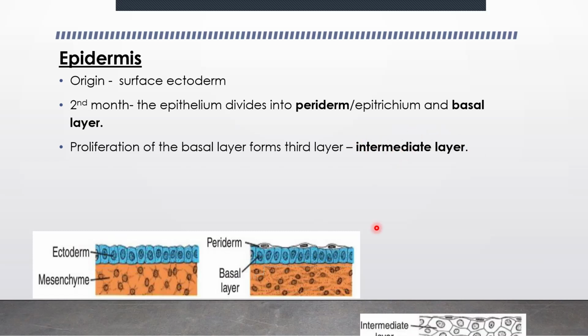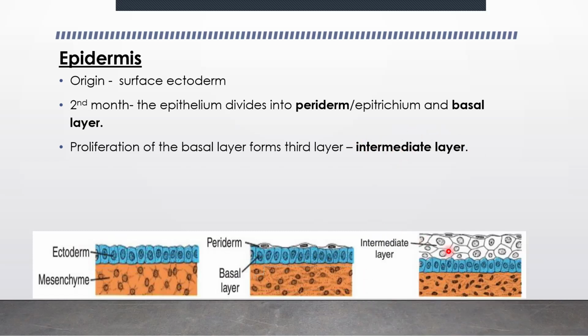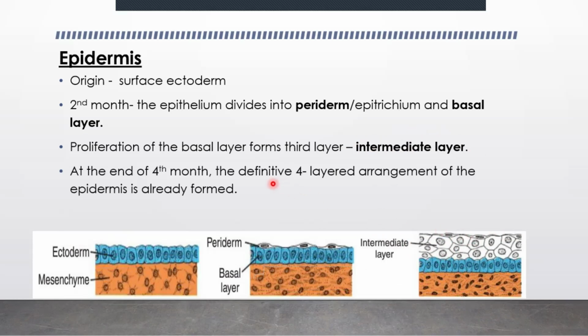The intermediate layer will come across during the third month. This is the intermediate layer, we can appreciate it there. So the basal layer, the intermediate layer, and then the periderm. At around the third month, you have three layers: basal layer, intermediate layer, and the periderm. At the end of the fourth month, the intermediate layer gives us four definitive layers of the epidermis being formed. So we talk about stratum basale, stratum spinosum, stratum granulosum, stratum lucidum, and then